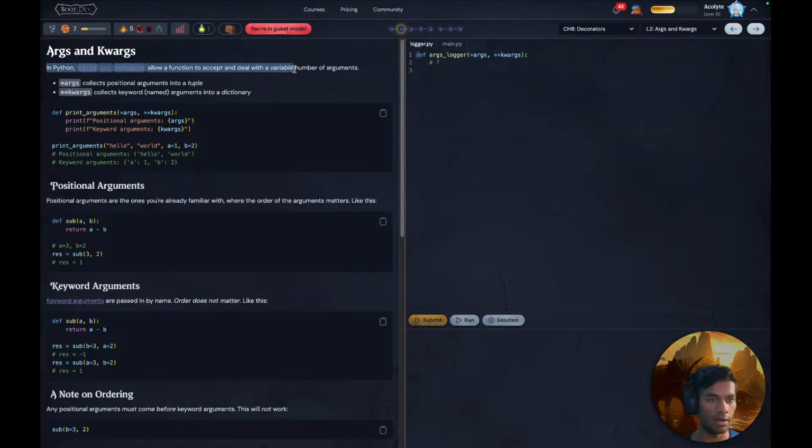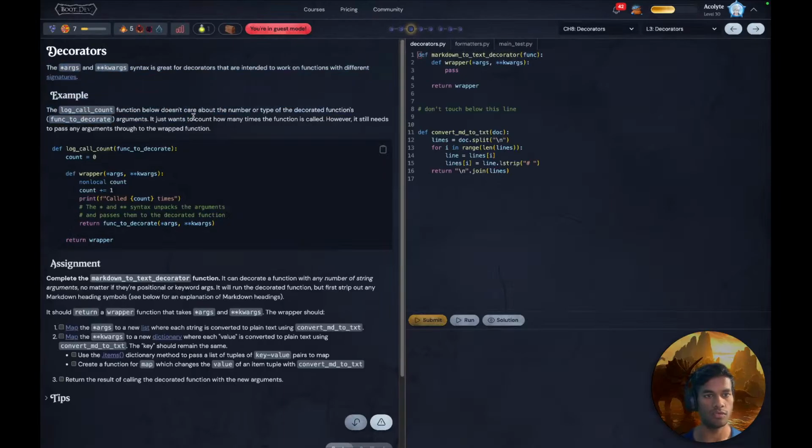What did I learn? I learned about arguments. How can I take multiple arguments, and how can I take keyword arguments, kwargs, keyword arguments in a dictionary. Makes sense. And I do it in the function definition by using a star before args and two stars before kwargs. Now next,